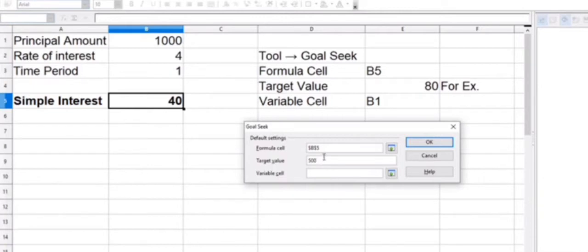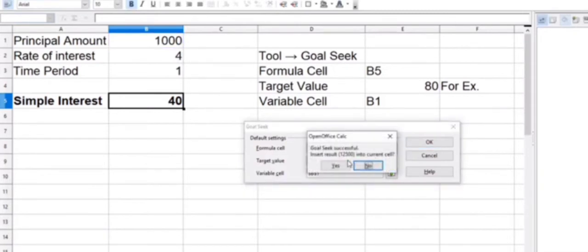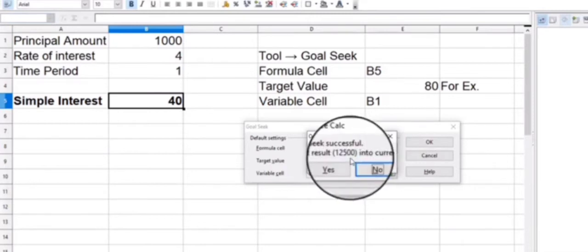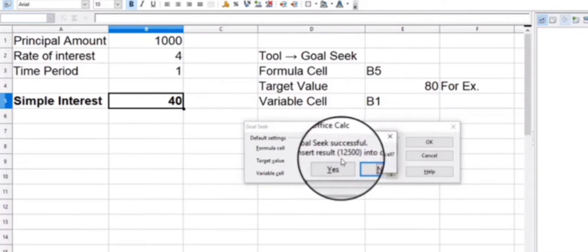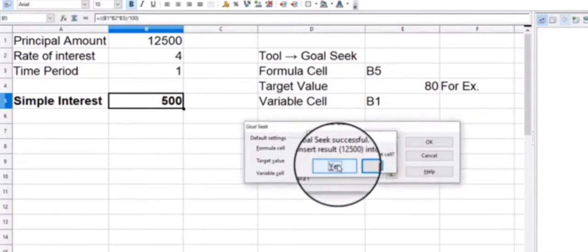And after that, the variable cell, then you set the variable cell where you want to enter your value, where you want your result, then you put it there. After that, okay, goal seek is successful. You can see what interest value you need and what principal value.